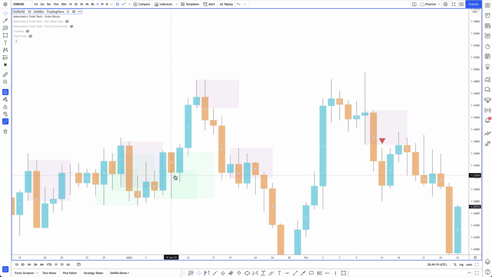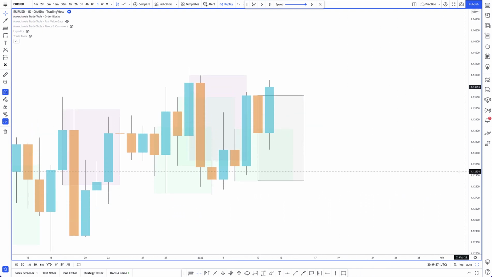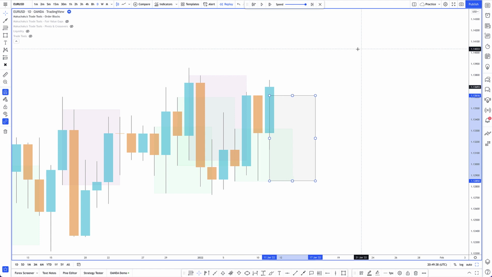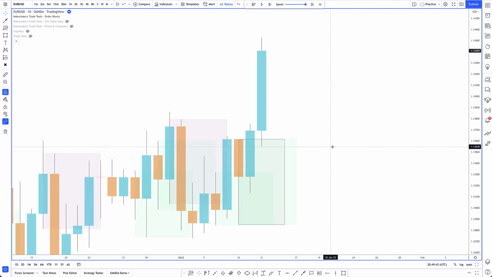Let's say this was an order block, and I'll just replay the time till here. So when you woke up, something like this had formed on a daily chart: a down candle which is completely engulfed by an up candle, which is a good order block. Now the next candle prints and it comes down into the order block and then either continues to go down or comes back up. This is basically called